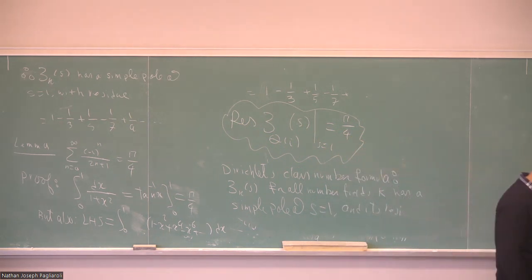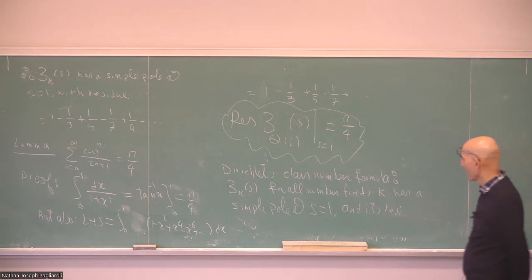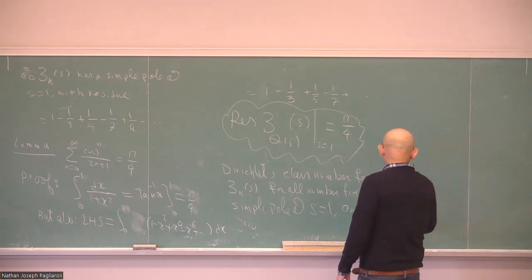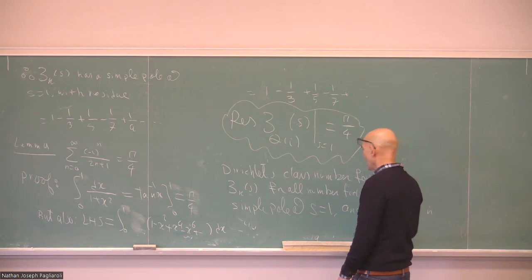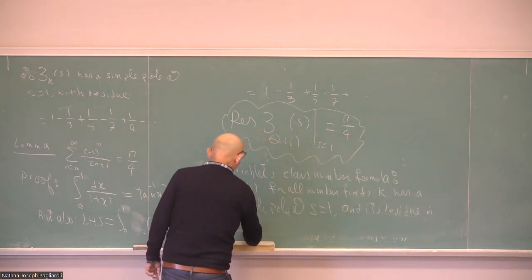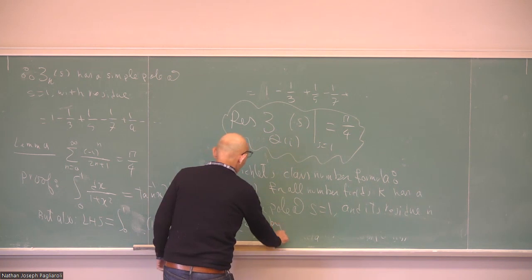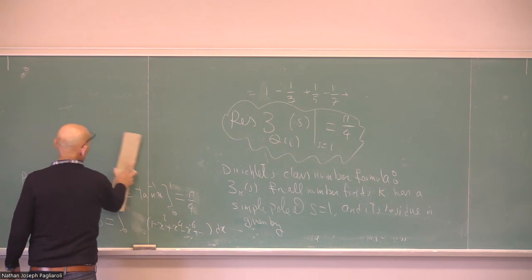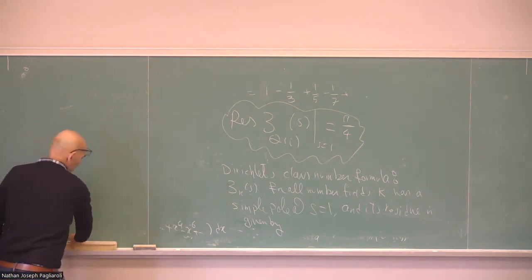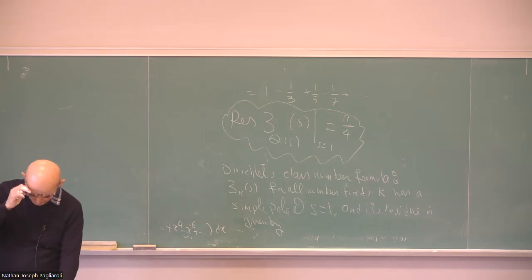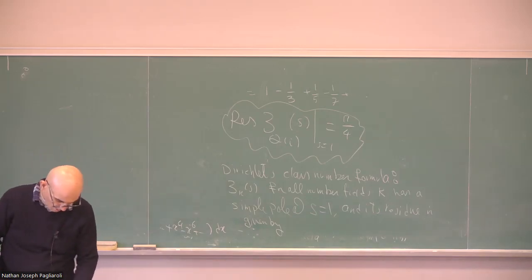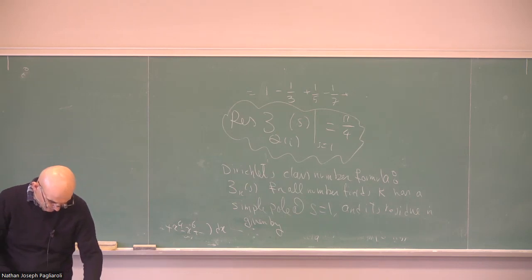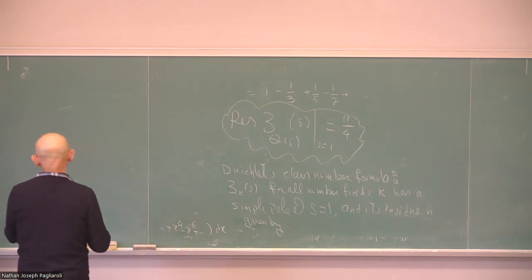I'm not sure whether the most general case was proved by Dirichlet himself or not, but certainly he had it for quadratic extensions, definitely. And its residue is given by this formula. So let me just write it completely in a nice way. Residue of zeta K(s) at s equal to 1